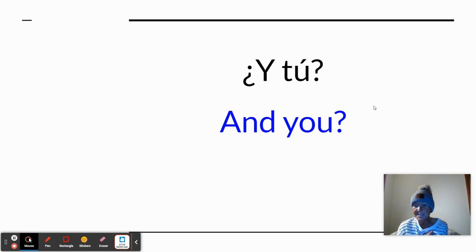So let's say that you walk up to me and say, ¿Cómo te llamas? And I say, soy Señora Group. E2. I am now saying, and you. What is your name? But I didn't say the whole question. So it's kind of a shortcut. So this is E2.